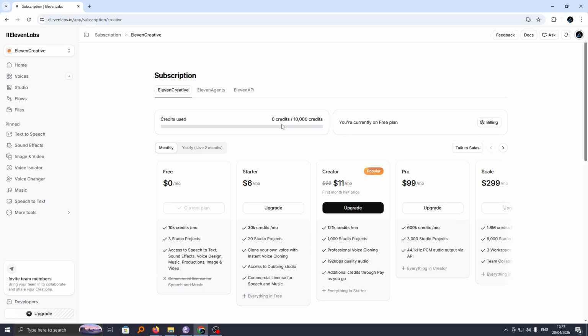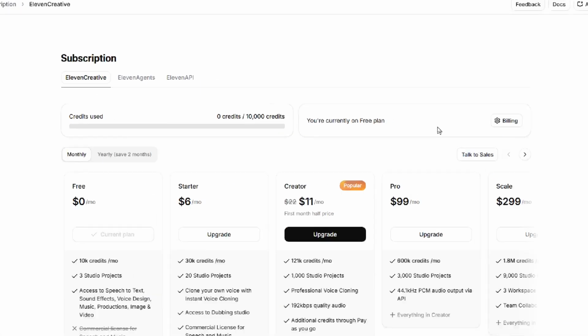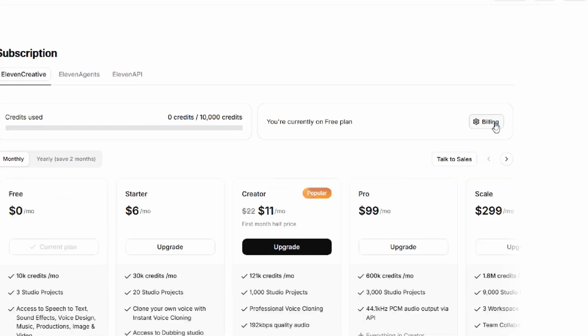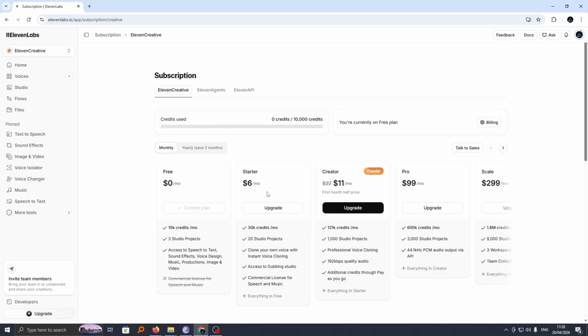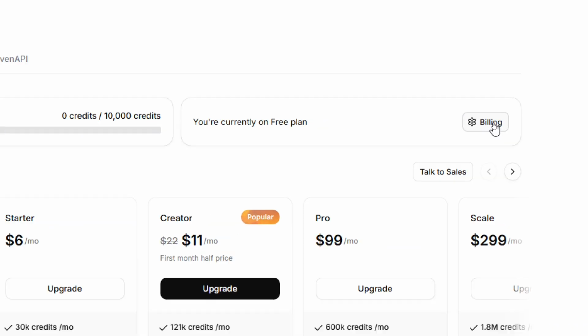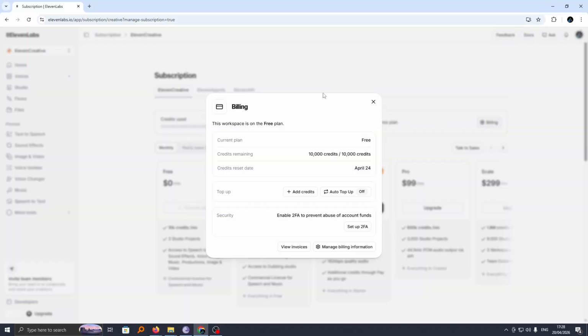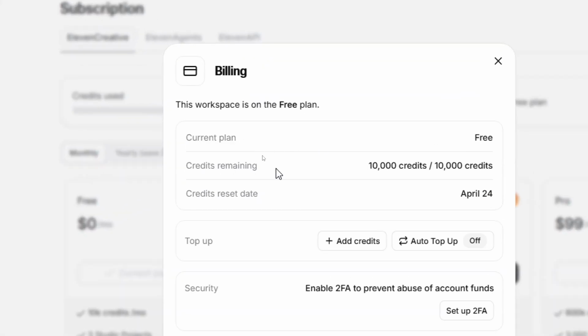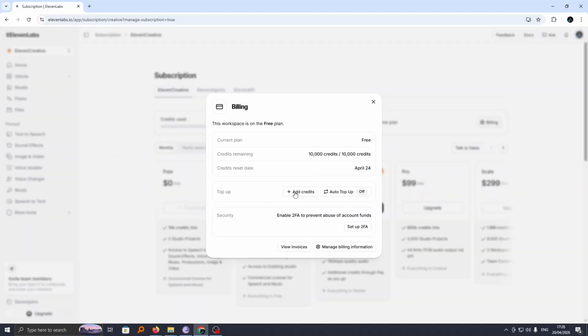So if you have already exhausted your credits and you wish to top up, then you can do this by going to billing here. As you can see, I'm on a free plan. So if I want just to buy credits, I'll just go to billing here, and from billing you will see your current details such as plan, remaining credits, and credit reset time here, as well as we have an option